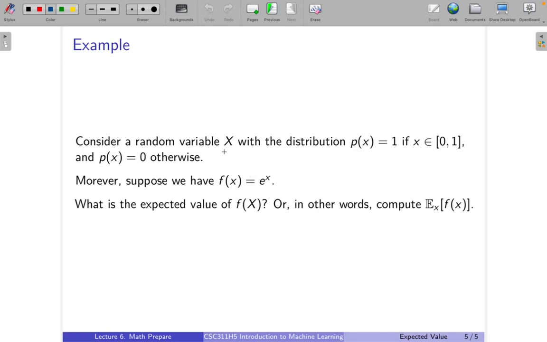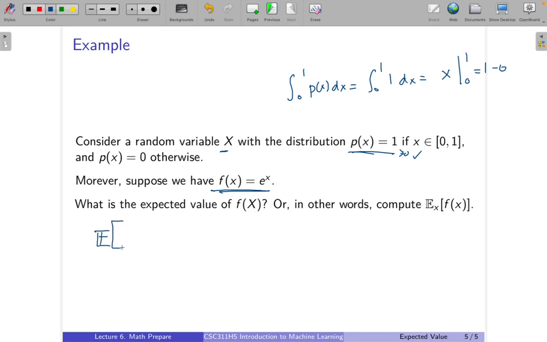Let's say we have a random variable x with this distribution. So p of x is 1 for x between 0 and 1. And again, we can verify that this is indeed a probability distribution. 1 is greater than or equal to 0, so that's good. So we just need this integral to evaluate to 1, and it does. So this is going to be x evaluated at these two endpoints, or 1 minus 0, which is 1. So let's say we also have this function, f of x equals e to the x, and